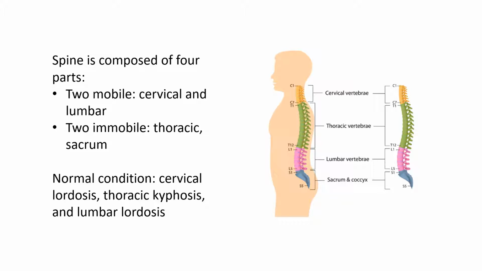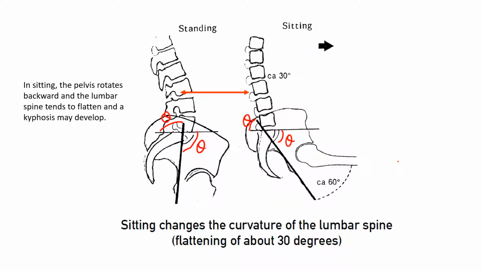So we have a lordosis in the cervical part, a small kyphosis in the thoracic part, and again a small lordosis in the lumbar part. This gives an S shape to your spine or spinal system that can help to adjust the compressive pressures and load all over your spine. The curvatures that I explained were in a standing position, when the pelvis is in a neutral position. So when we sit in a relaxed sitting position, the pelvis